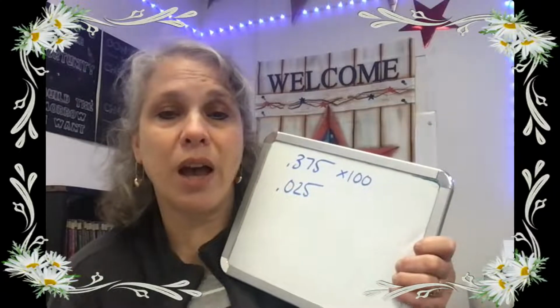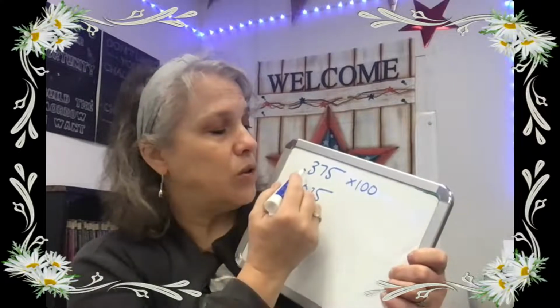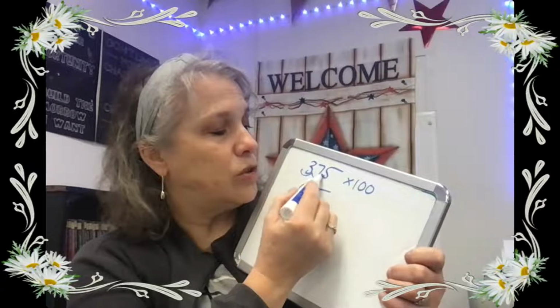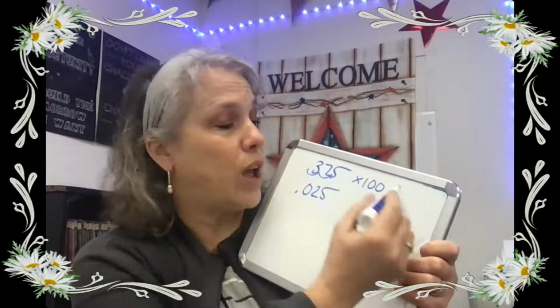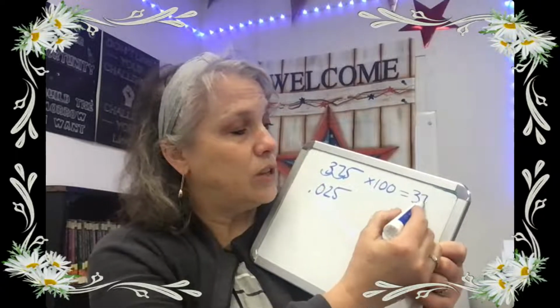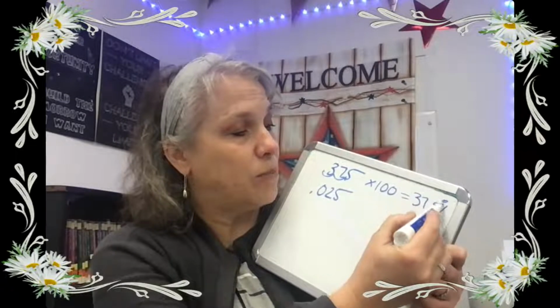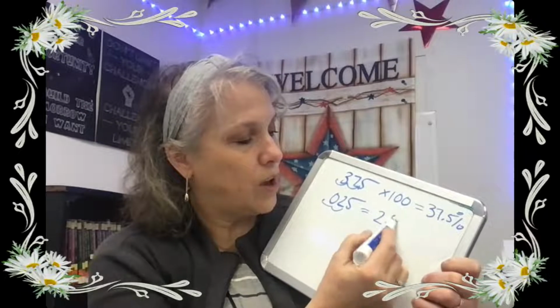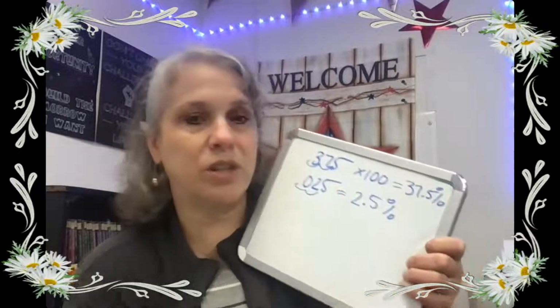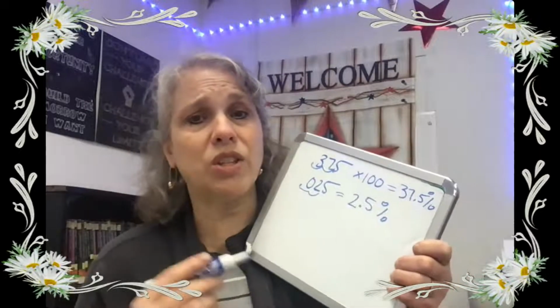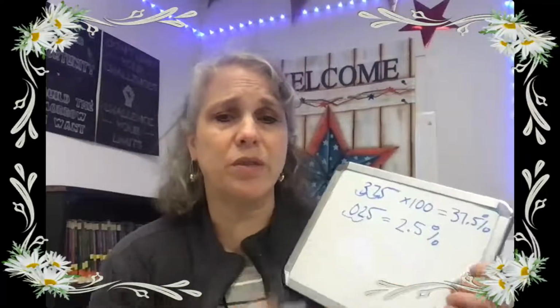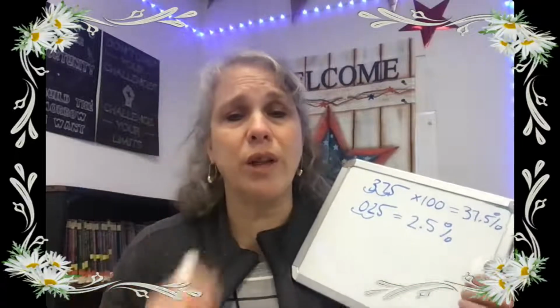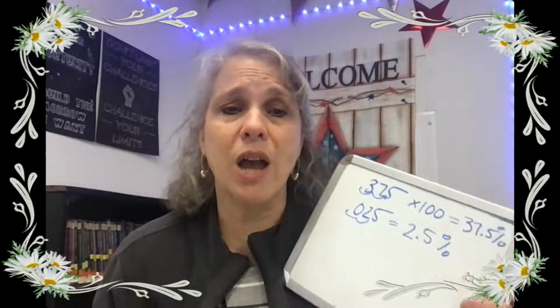Now, multiplying by 100 also means that you can move the decimal point 2 places to the right. So that would be 37.5%. 1, 2. 2.5%. So multiplying by 100 means move the decimal point to the right 2 places every time, no matter what